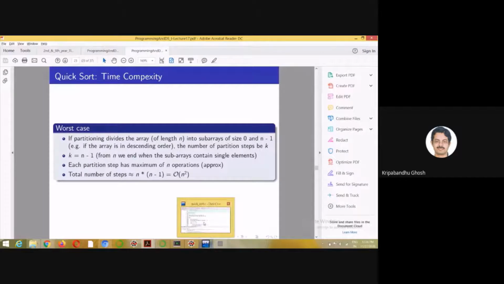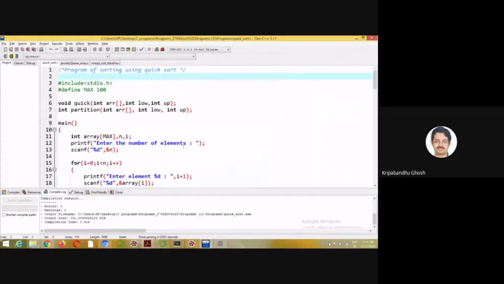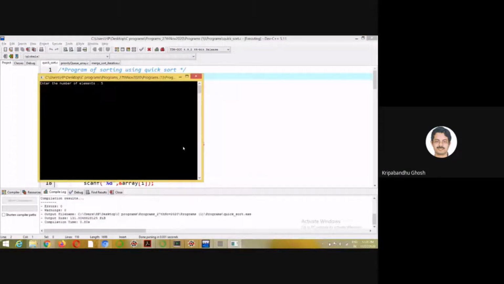So if I run this code, let's do this: 5, 4, 3, 2, 1. So you see what is going on. After the first pass, the pivot was 5, and you see that 5 is placed in the right position after pass 1.